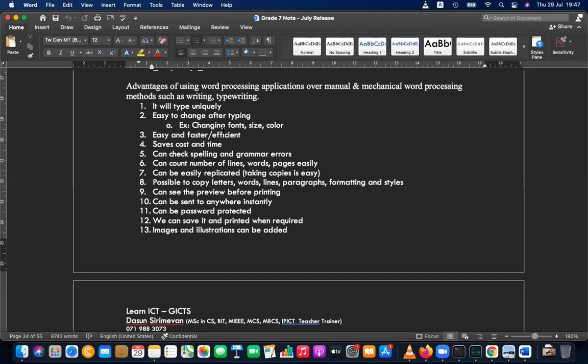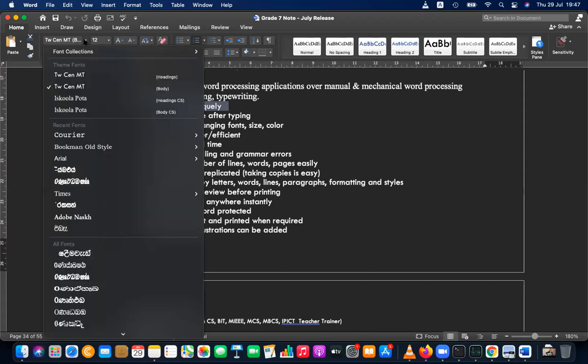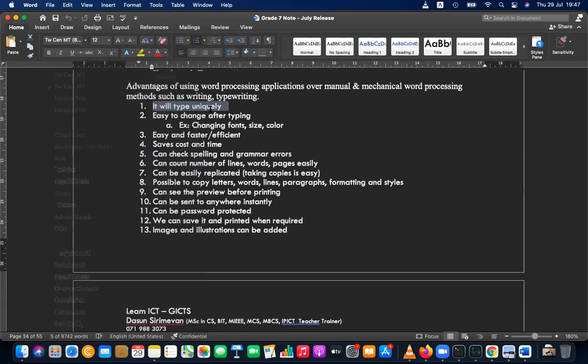Before word processing, people used to write in documents, write on papers using pens. But word processing has made it uniform. If you are using Arial font and I'm also using Arial font, then my typing style is similar to your typing style, because both of us are using the same font, Arial. Later you can also change it. But if you are writing in a book,